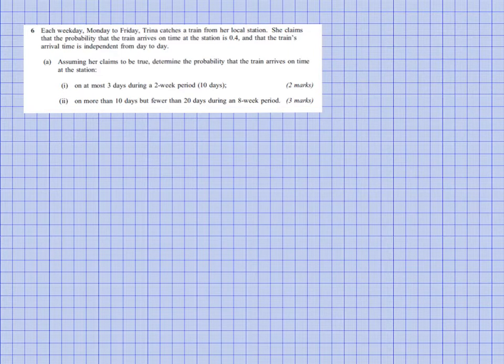binomial model. For part B, this time we have an 8-week period rather than a 10-day period in the previous one. So our model in B is that x is again a binomial, but this time we have 40 trials, 5 eights are 40. Our probability is still fixed at 0.4. Now we're looking for the probability that x is in between 10